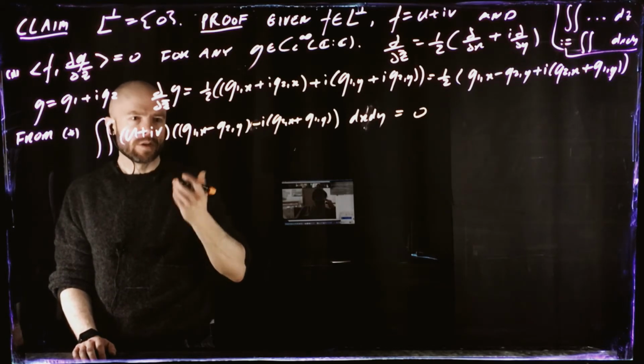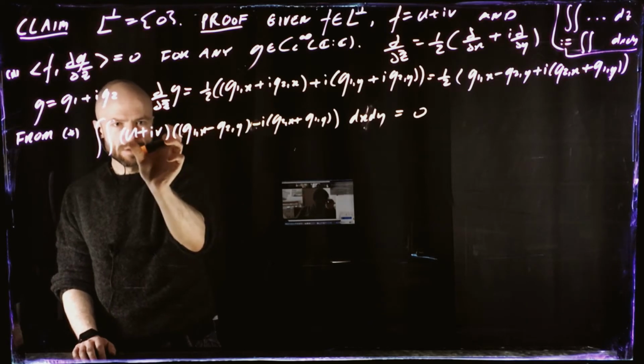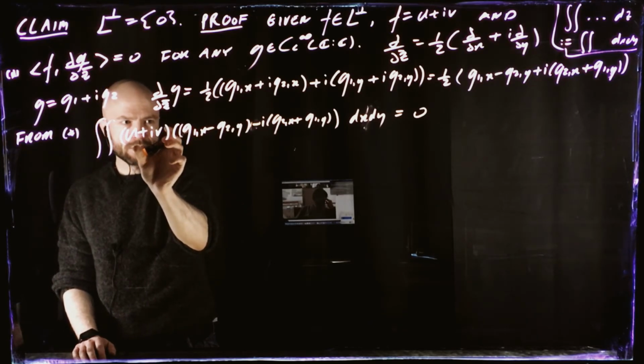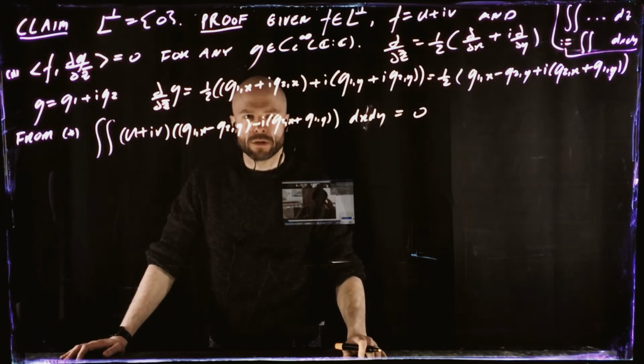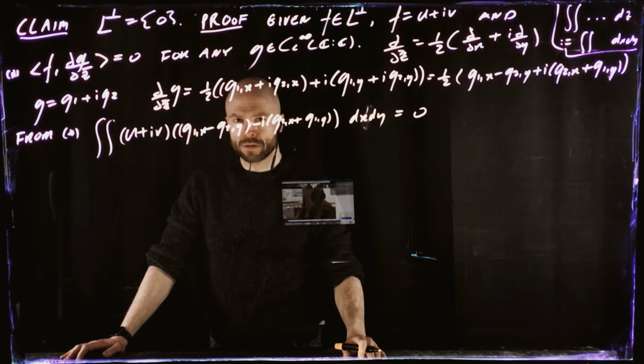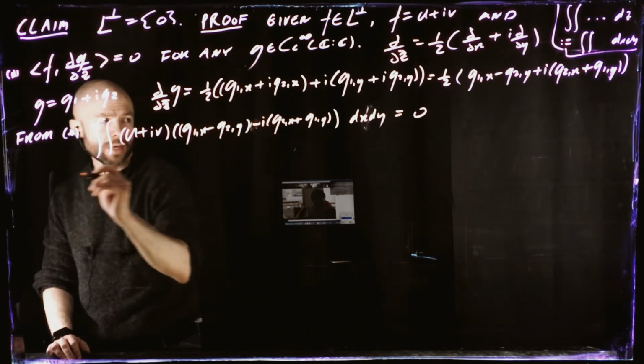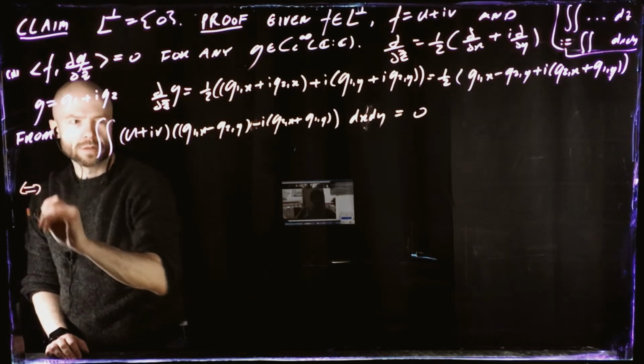So I can integrate by parts and put the x onto this thing and the y onto this thing, and the same for this. That's what I want to do. Okay, so let's do it. So this is equivalent to